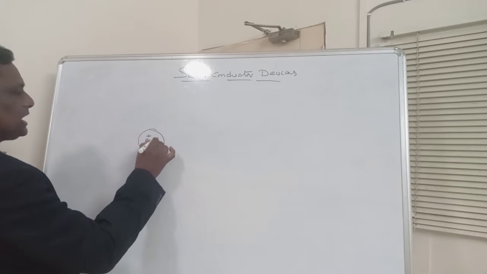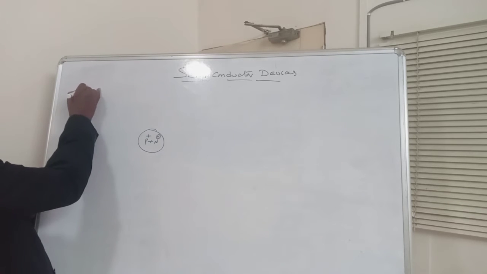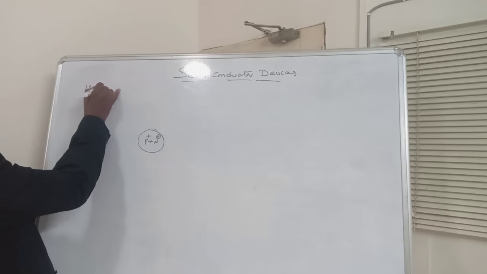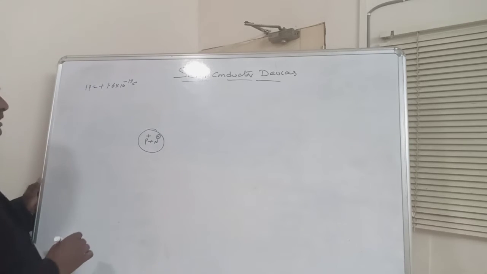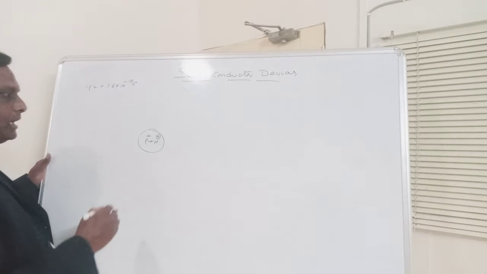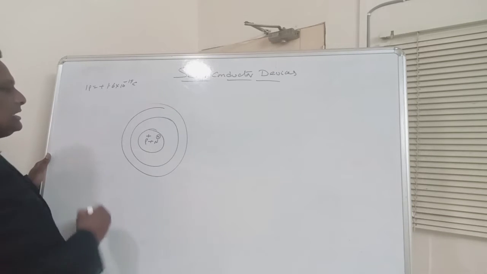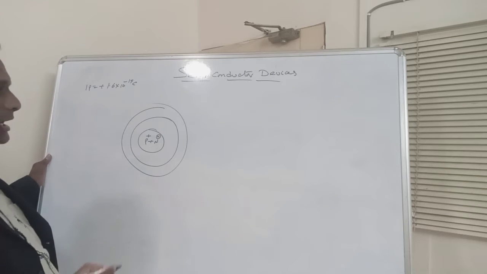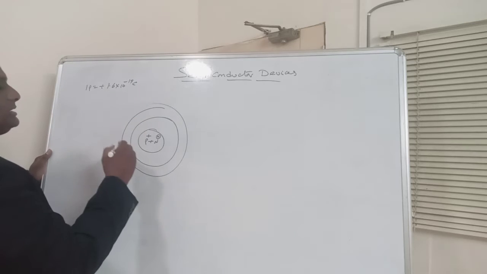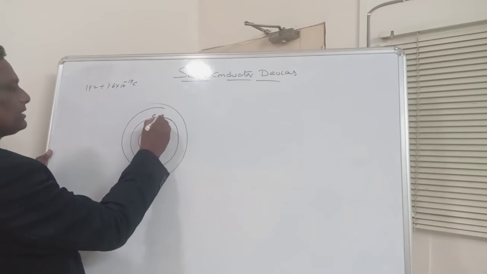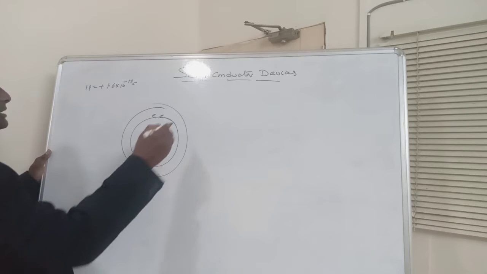Protons have positive charge and there is no charge for neutron. So charge of proton is equal to plus 1.6 into 10 power minus 19 coulombs. Now electrons are revolving around the nucleus in certain orbits according to the electronic configuration, like 1s2, 2s2, 2p6. For example, the s orbital has 2 electrons, similarly the p orbital has 6 electrons, like that.